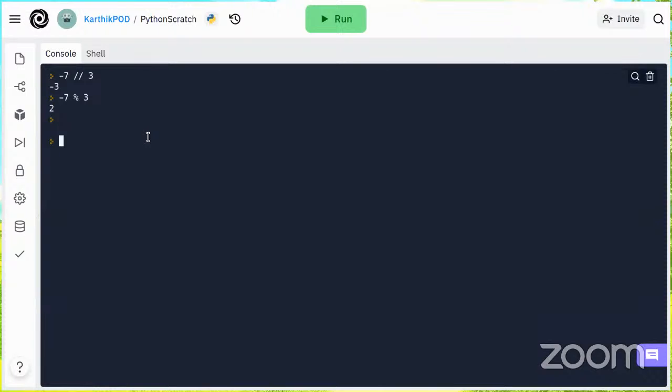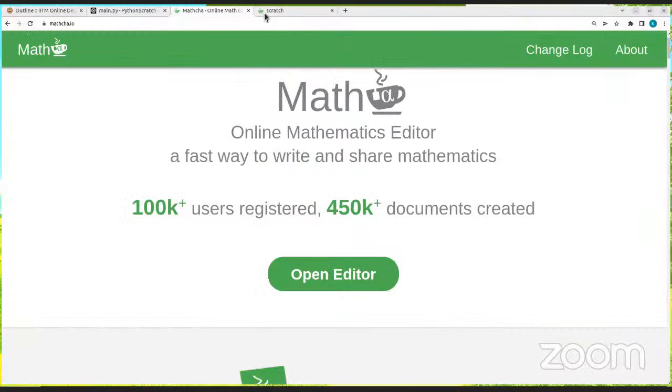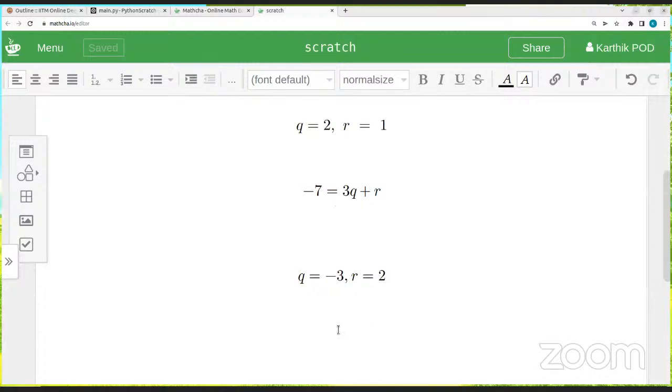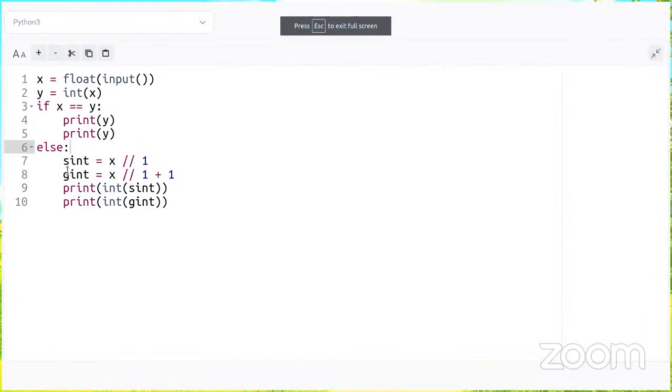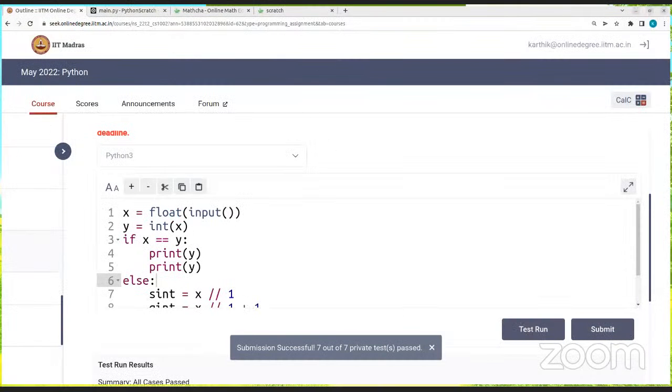So this is what floor division does. Mathematically speaking, this is what it does. With negative numbers it goes the reverse way. Can you check my code now? Okay, so that is this, and that's why this particular thing works. We'll probably look at two more solutions and then we'll close the session.